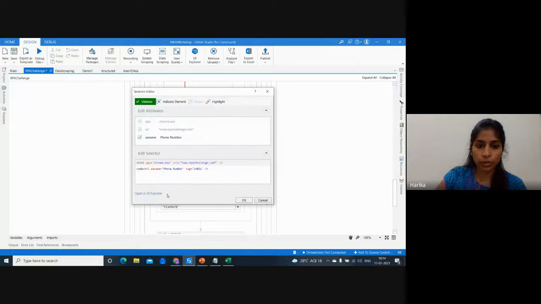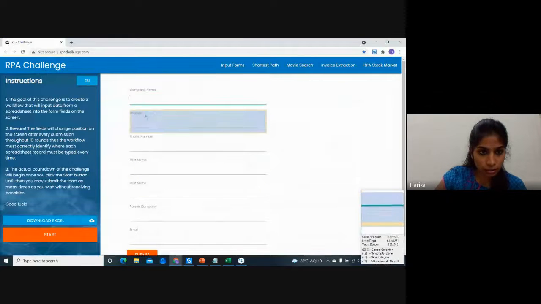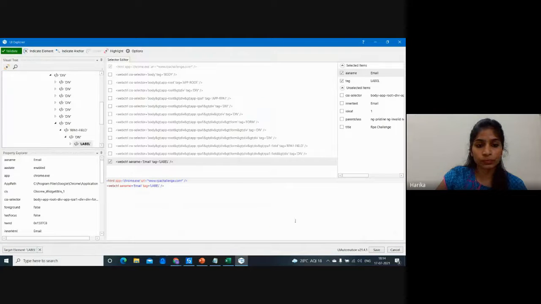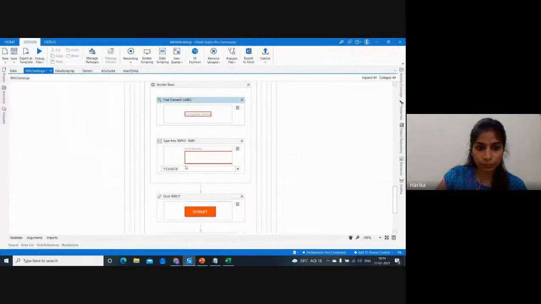So we are left with one more element, I believe, one more text field. I'm going to indicate. We've got all these fields and the only one left is email, and just say save, say okay. So we are good with this.